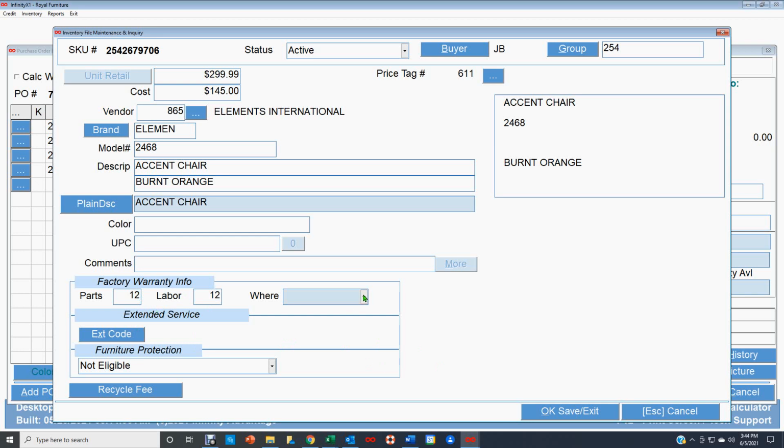And again, now, whatever my warranty is given by the vendor, I would do it here. It's in home service. This is for electronics and appliances. We'll be choosing extended service. We're not going to put that, but we are going to say that this is available for furniture protection. And again, it knows that my standard price tag is number 611, so I'm not going to choose it, and I've got pretty much everything here that I need to create that SKU. So I'm going to click OK Save,